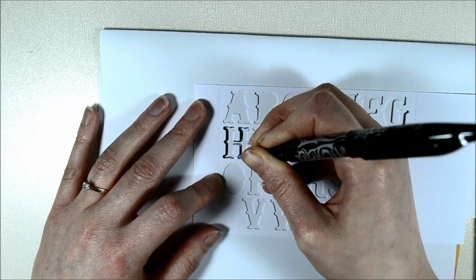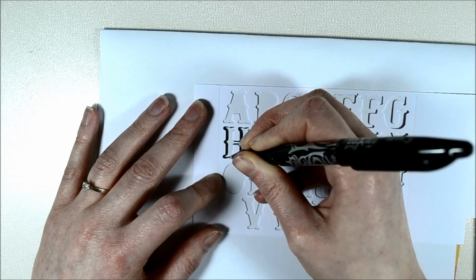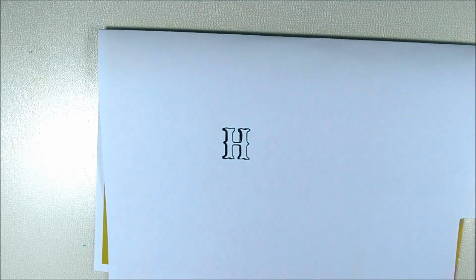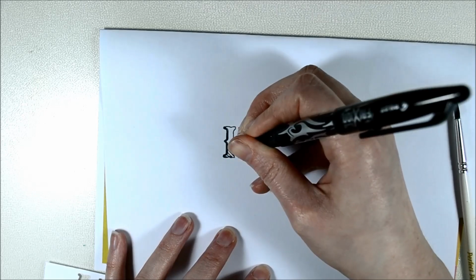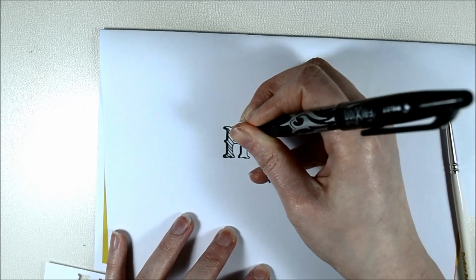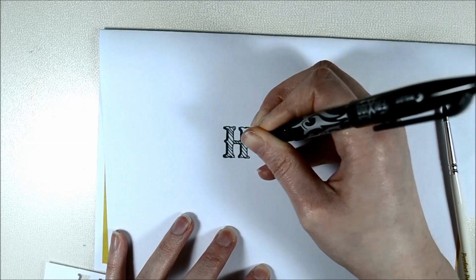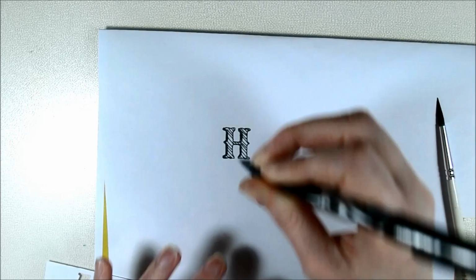And here, and then I'll add even more detail to this letter just by adding a pattern to it. I'm going to do this freehand as I did on the card. One last bit there. So as you can see, it's turning out to be 3D already. Lettering is decorated just by adding some lines. Now, if you're a bit of a perfectionist, and I can be at times, you could use a ruler for this, and it would look much neater. Okay, there's the H done,